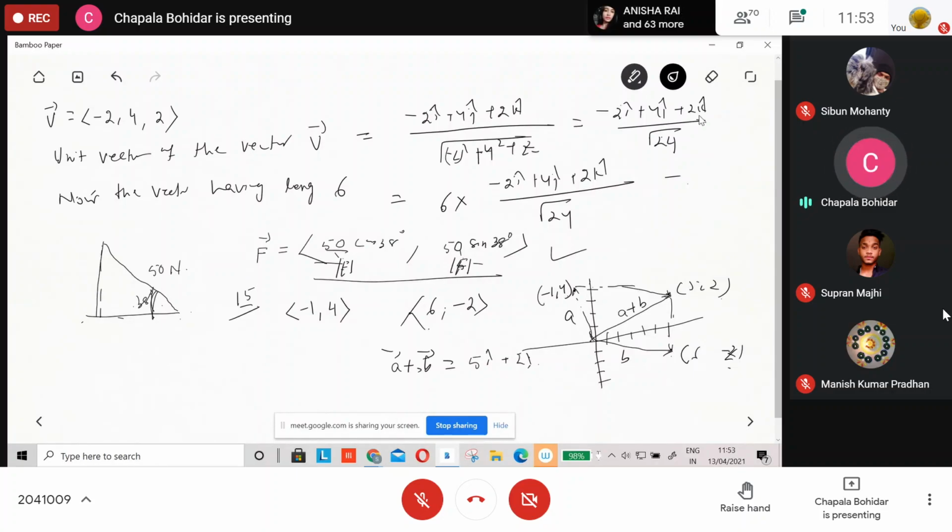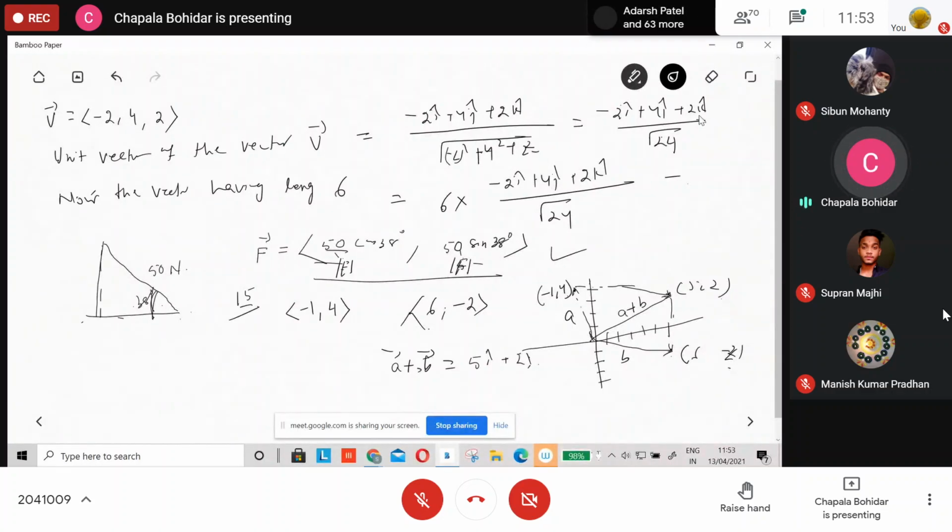Try to do your question number 5. It is also a figure. You will not get any figure question. You may get questions like find out the angle, find out the vector, find out the component, question number 29, 30. So, what is the relationship between the point? Tell me.